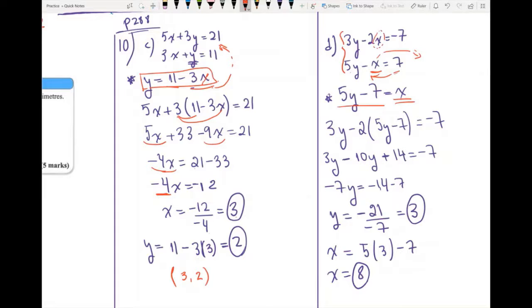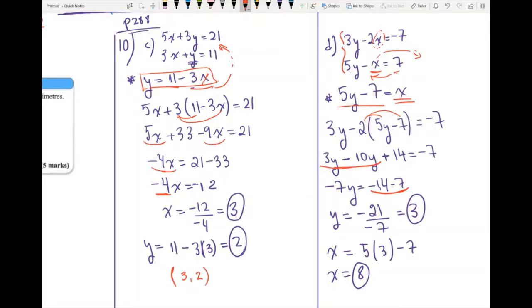So 3y minus 2 times 5y is minus 10y, and minus 2 times minus 7 is plus 14, equals minus 7. Y on one side and the numbers on the other, you collect like terms, it's minus 7y, which is equal to minus 14 minus 7. So y is equal to minus 21 over minus 7,